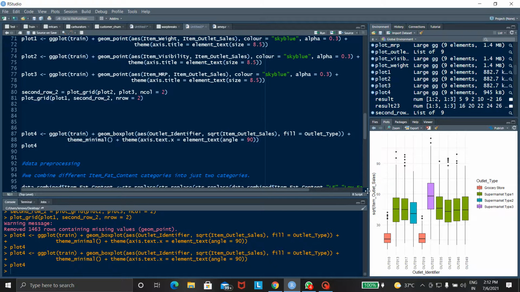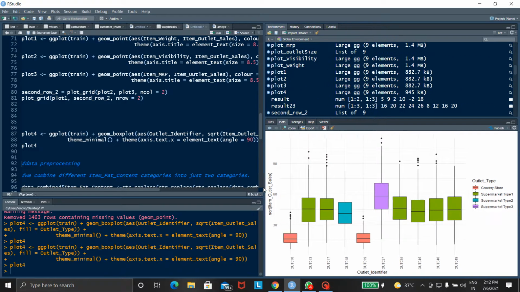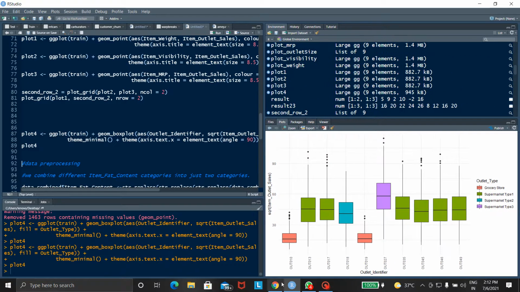The output is here. We can clearly see the outlet sales and there are outlet 10, outlet 13. These are the outlet identifiers, and on the right side there is the outlet type that mentions four colors. Each color represents one component. The first is grocery store, then supermarket type 1, supermarket type 2 and supermarket type 3.